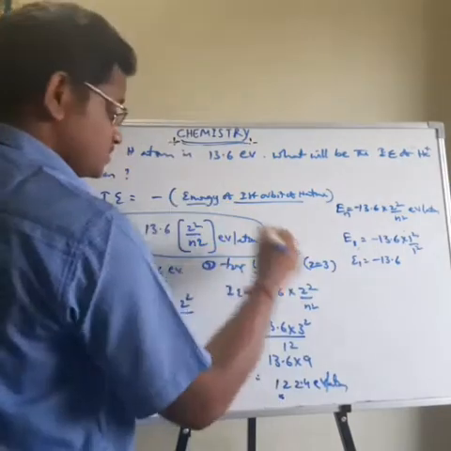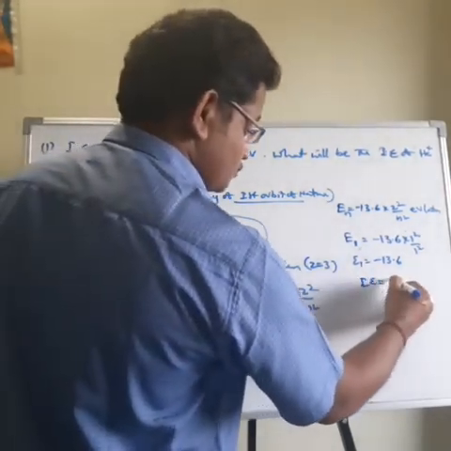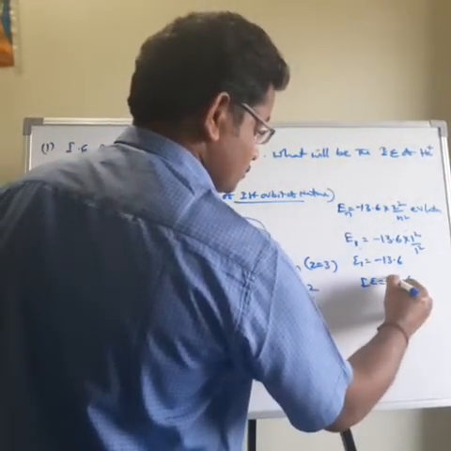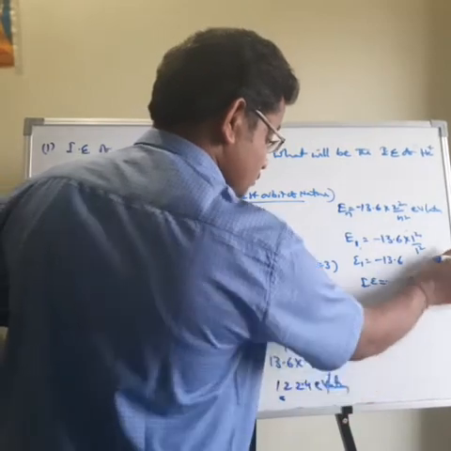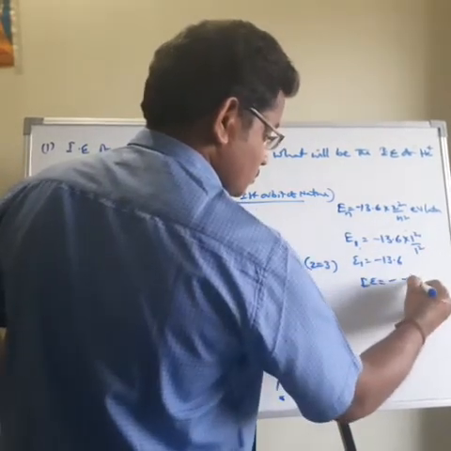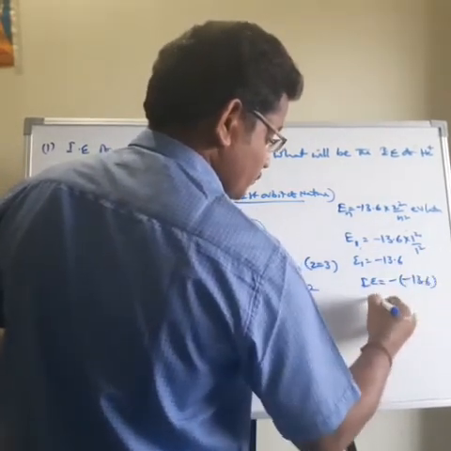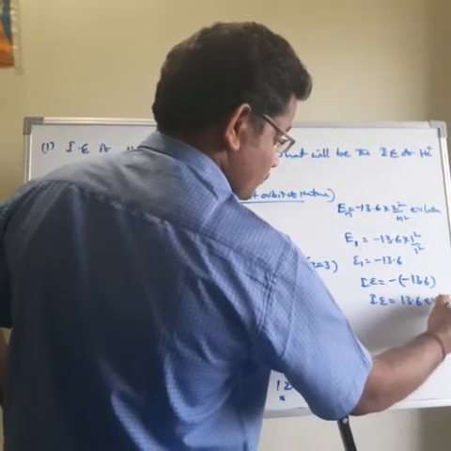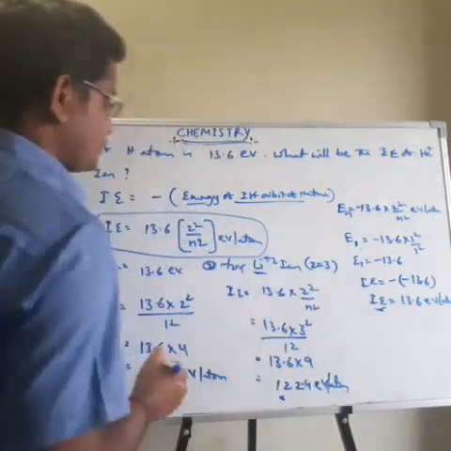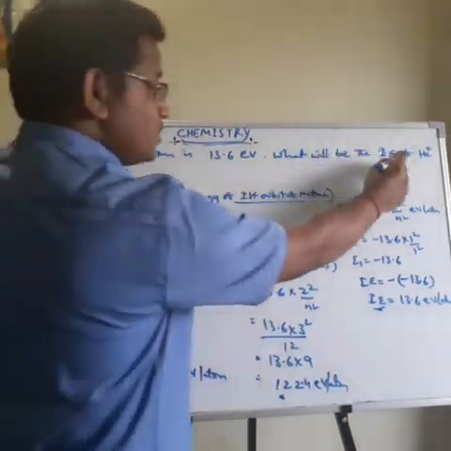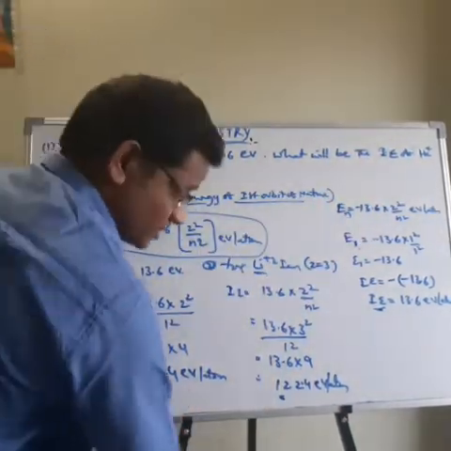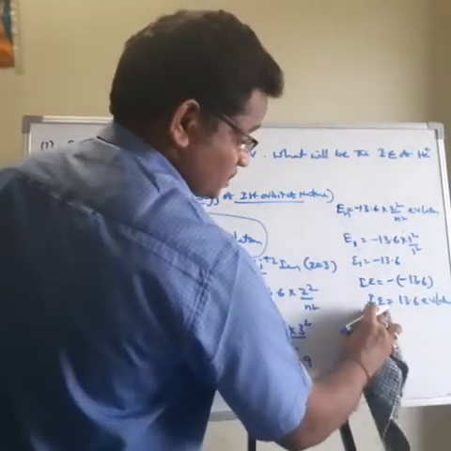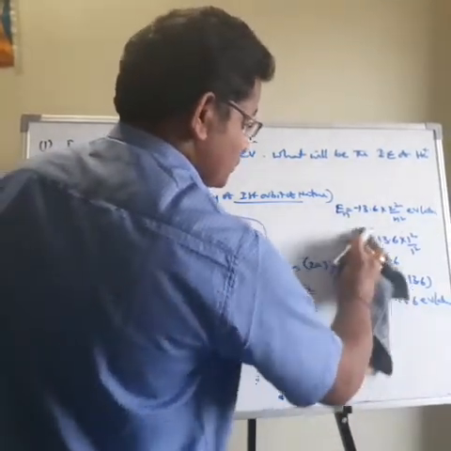Then substitute that in this equation. Ionization energy is equal to minus of minus 13.6. Ionization energy is equal to plus 13.6 electron volt per atom. So this is for hydrogen. But for He+ ions, what will we get? That is also the same way. I understand this is hydrogen, then He+ and Li2+ ions, so is here.